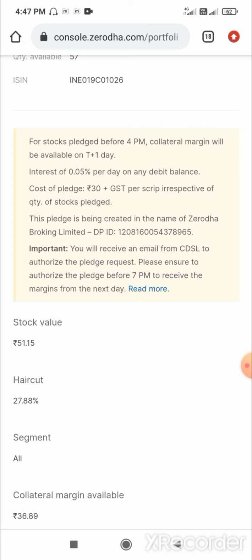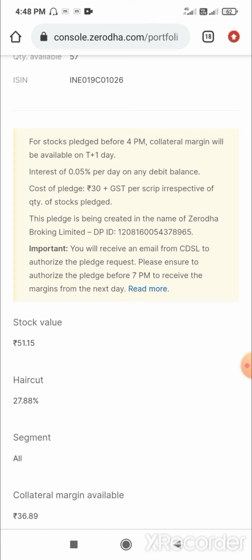I will explain in simple terms. If you take any position that requires a margin of 1 lakh, you will need at least 50,000 in cash, irrespective of how much collateral margin you have. So if you have a position that requires margin of 1 lakh, you will need at least 50,000 rupees in your account.